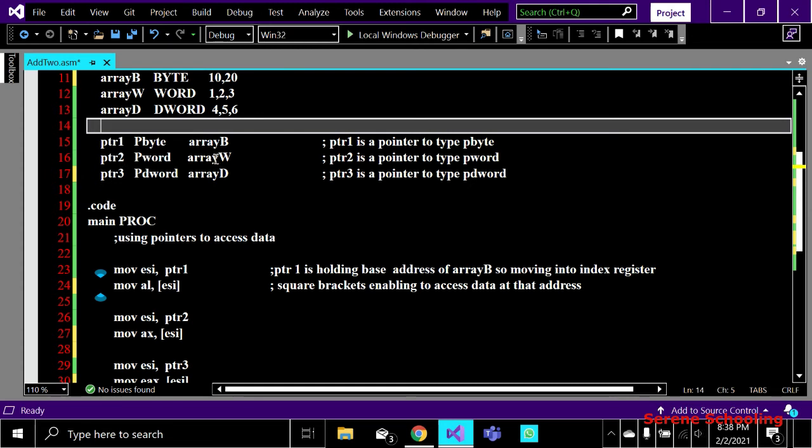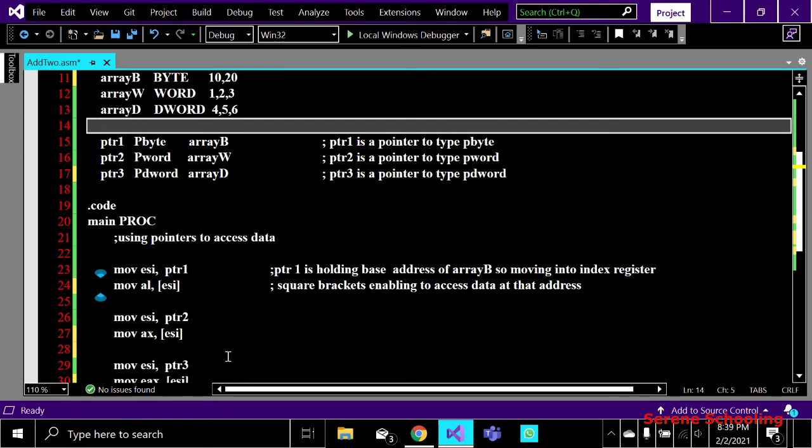So in order to access its element, I have to move this ptr2 into my index register. So here I am moving ptr2 into my index register, and with the help of these square brackets I am accessing the value at that base index, that is the first value. This ESI means ESI plus 0, the value at the 0th index or the base address value.